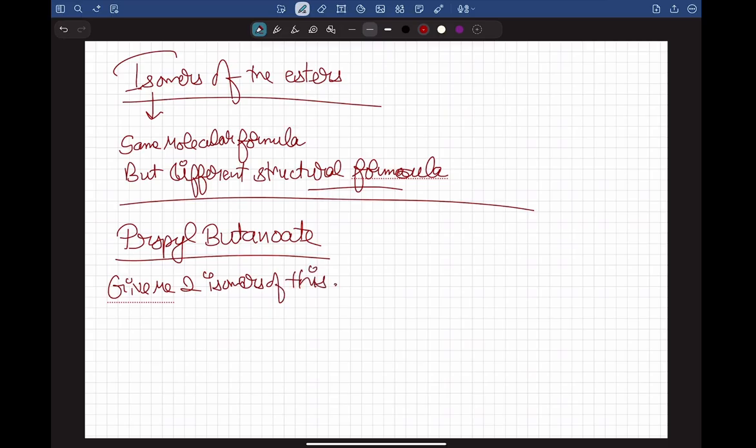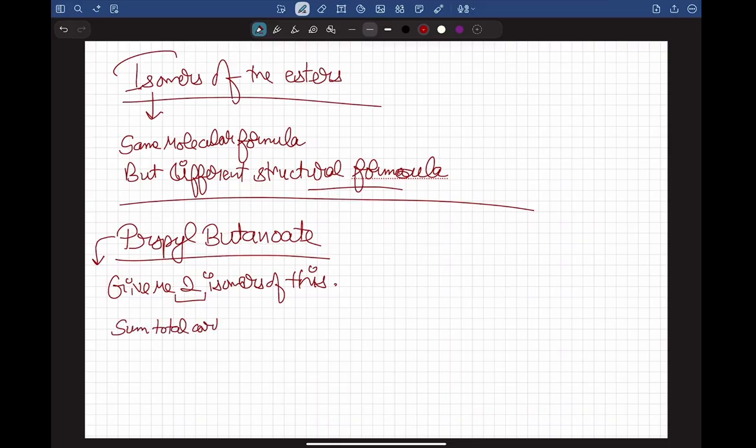Alright, so I'll directly tell you how to tackle this. Conceptually, how exactly does it work? What are isomers? Let's leave that for some other session. Isomers we can discuss later on in detail. But if this question pops up in your exam, how to handle this? If they give you any ester and they say, tell me the 2 or 3 isomers of this, what you need to keep in mind is you first of all sum